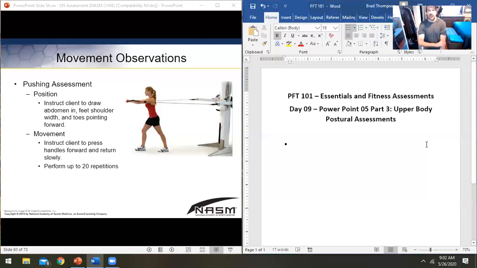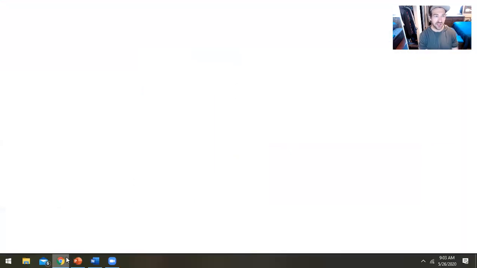What you're going to be looking at is our pushing and pulling assessment. A lot of times NASM puts these into the same category because the joint actions are actually the same, just in reverse. The pushing assessment is literally pushing, and since I don't have anything in my hands, you can't really tell if I'm pushing or pulling. That's because the joint actions are the same. This is a push, this is a pull. The assessment is identical in both directions. Because the joint actions are the same, we're going to have the same kinetic chain checkpoints between the two. And if you look at NASM's observations check sheet,